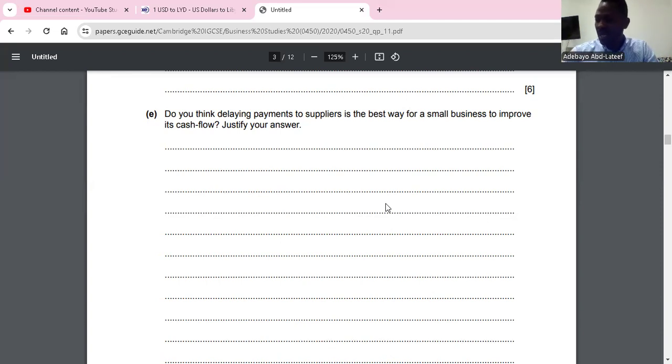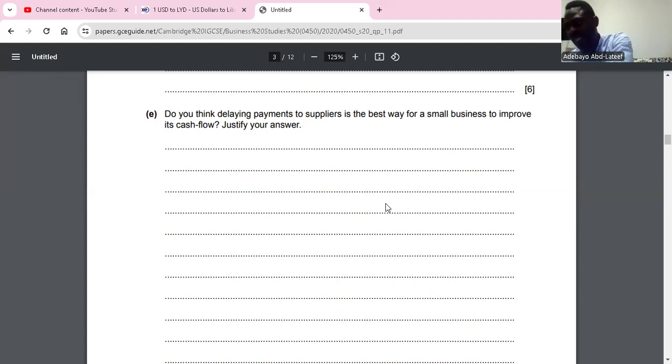That's the first point. The second point I make is, I said, however, suppliers might not be willing to supply materials which the business needs to use. As a result, there won't be production and cash inflow. So if you are delaying the payments of suppliers, the consequence is that you might not be able to get more supplies. And if you are not getting more supplies, how will you be able to produce? And if you are not producing, you won't be able to sell. Then there won't be cash inflow. I think the point about delaying payments is clear there.